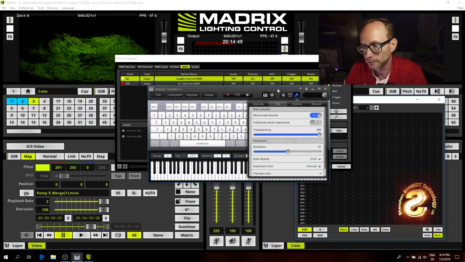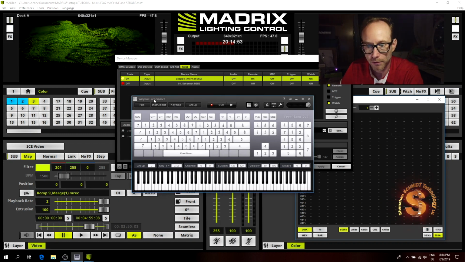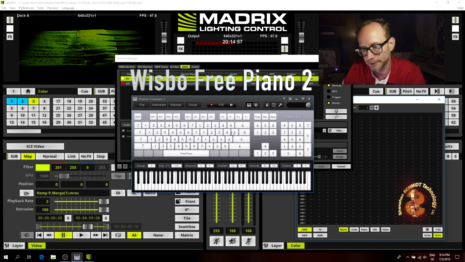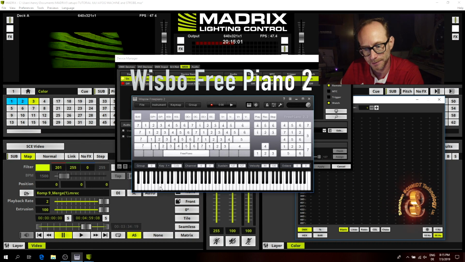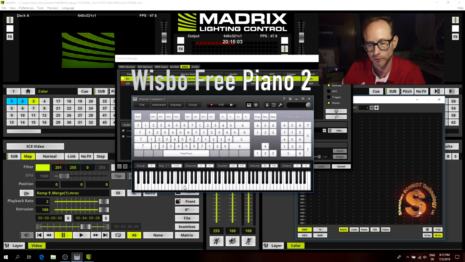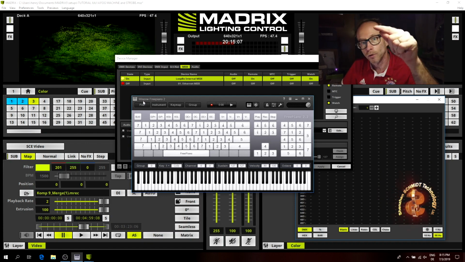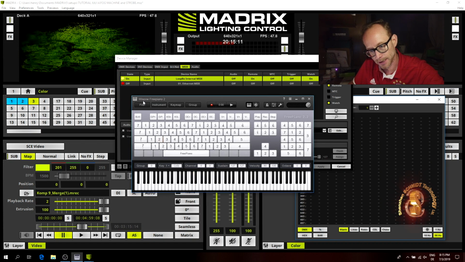So this is our Vmpk, the Virtual MIDI Piano Keyboard, or similar free piano 2. Even this is a free program, and we can remote this program over the mouse or over the finger. So now I press the letter S,